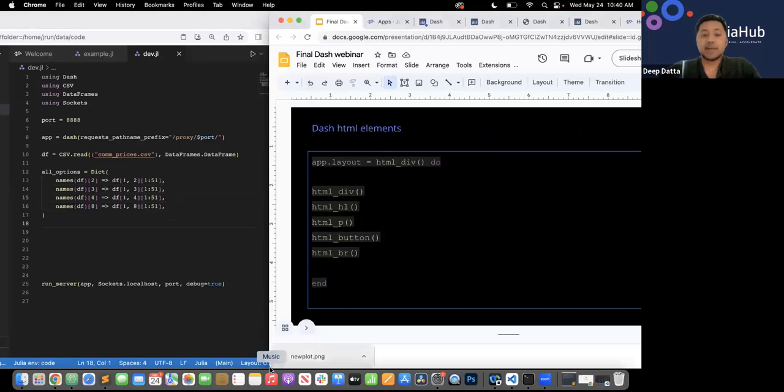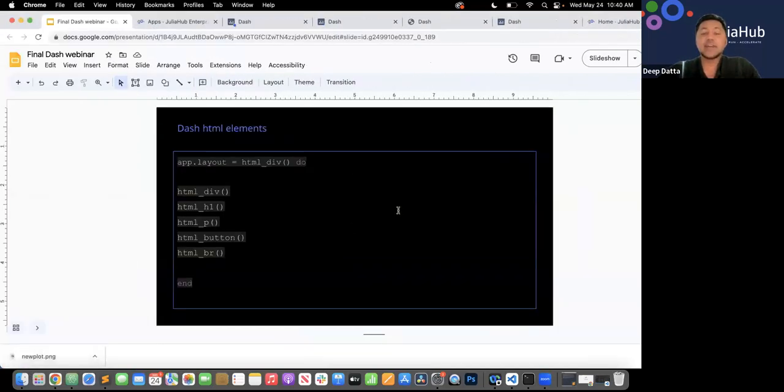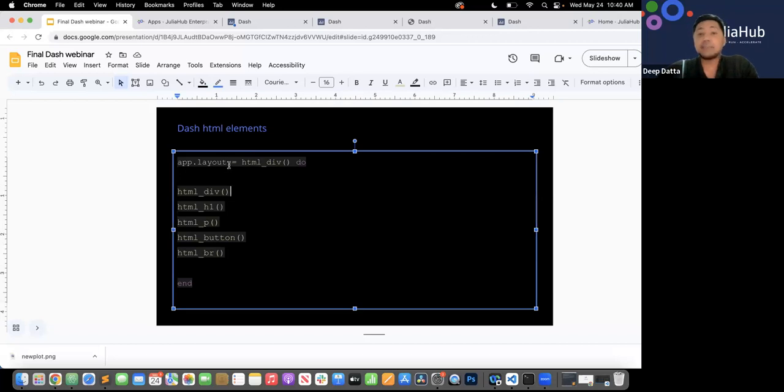These are the Dash HTML elements. As we build our Dash app, and you want this information to render in your browser, you're going to use HTML, and Dash has preset HTML elements that you can put on the page. There's a lot of tooling behind the scenes that makes this very easy for your browser to understand. But the main ones are the app.layout that points to your main div container for the entire presentation of your app. And some of the other elements you're going to see on this page are your divs, so html_div,